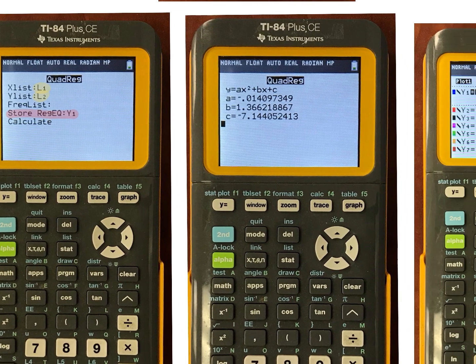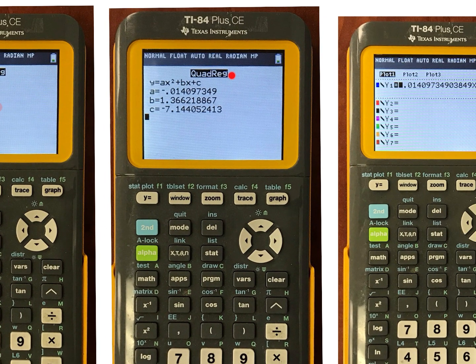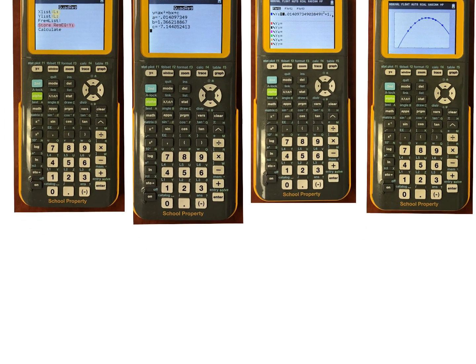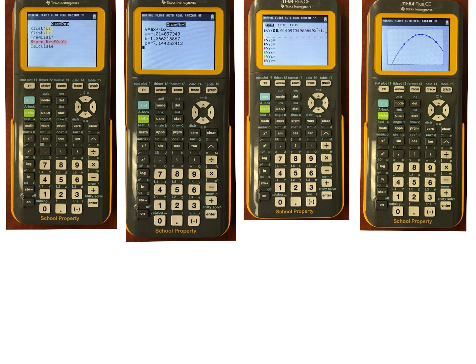And then what you'll see is that it runs this quadratic regression. It's telling you the form. You can see it's that standard form, ax squared plus bx plus c, and it tells you the a, b, and c values. At this point, I would write down what the a, b, and c values are. Maybe we'll just round to the nearest thousandth for all of them, because you're going to use that as your model. So we could say y equals, if your a value is that, we can say negative